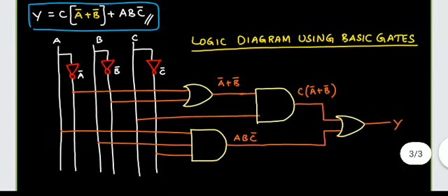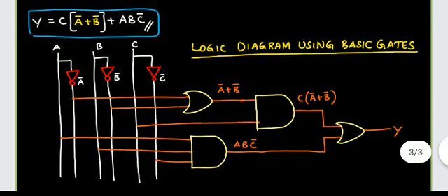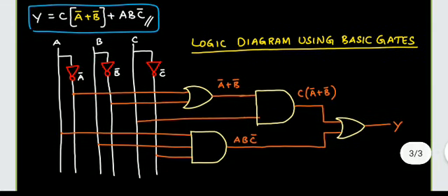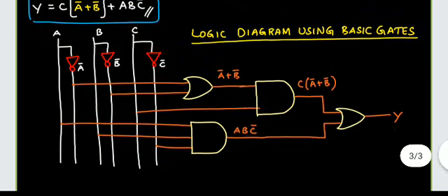So this is the simplified expression which we got. See here, I am going to use OR gate, AND gate and NOT gate. These three gates I have to use, right? These three gates are called basic gates, we know. See the diagram, A, B, C I have taken, and A bar, B bar, C bar also I have taken. So for A bar, B bar, C bar, three corresponding NOT gates I have connected with A, B, C, right?